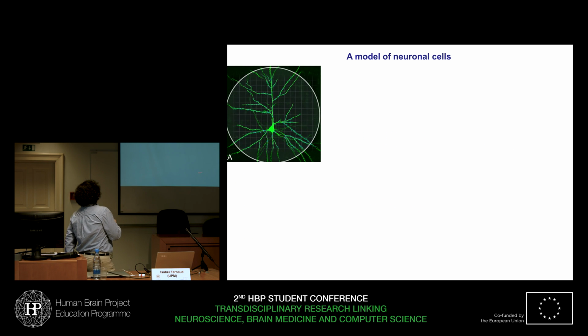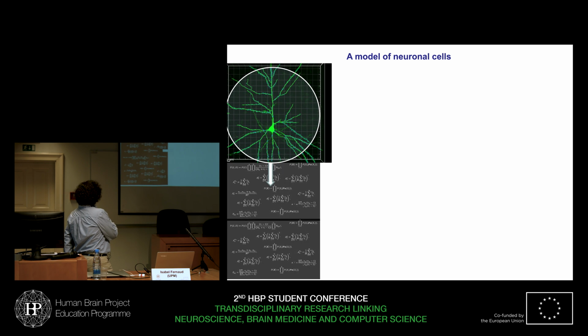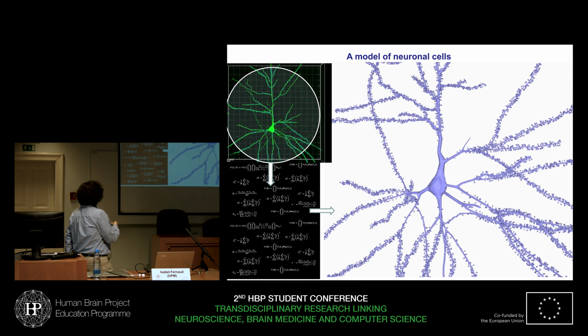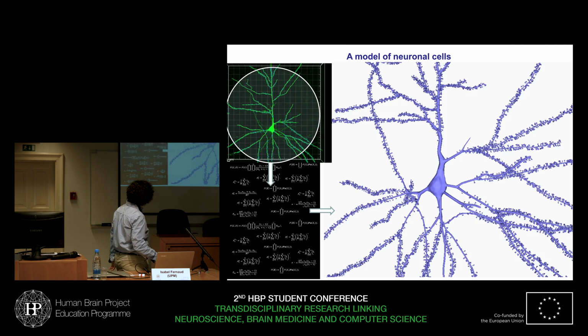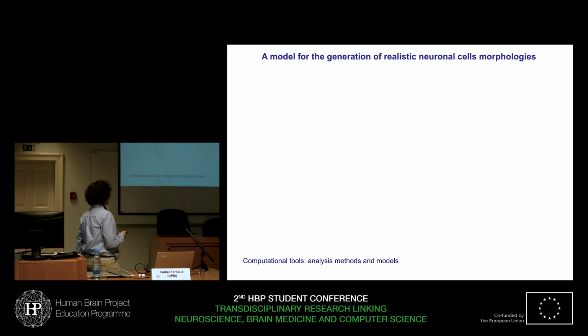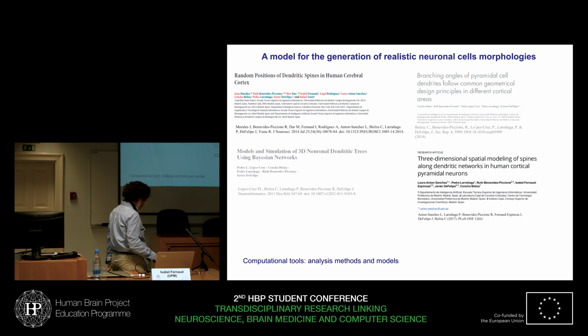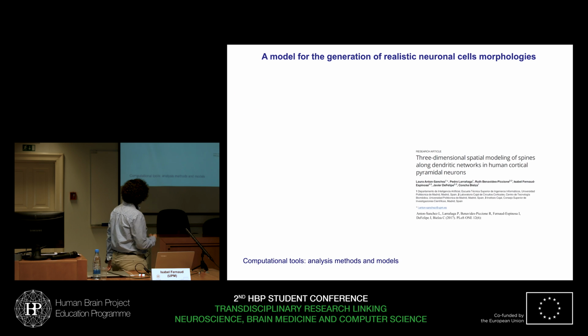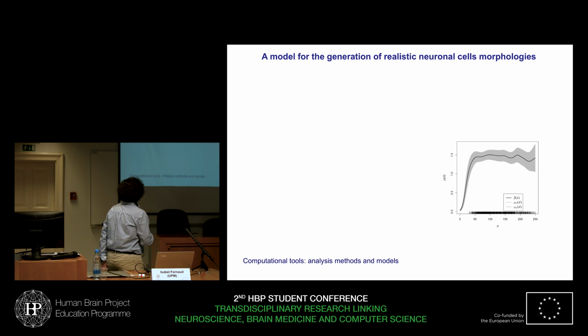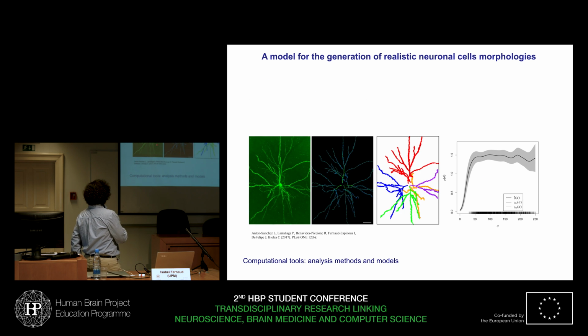So the idea is to start from an image and through mathematical calculations have an in silico reconstruction of your neuron that you can manipulate or study. I think we are in the right way because many articles have been published using these meshes to obtain features about the distribution of the spines in the neuron, comparing each branch, so you have easier